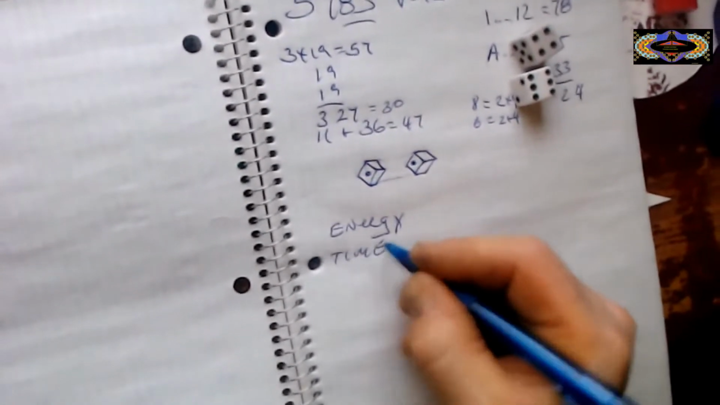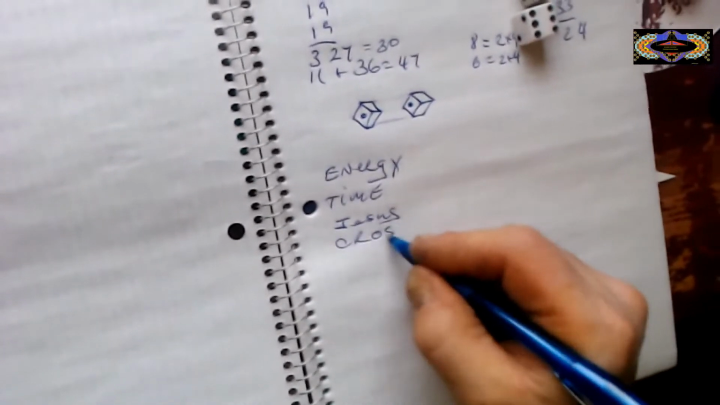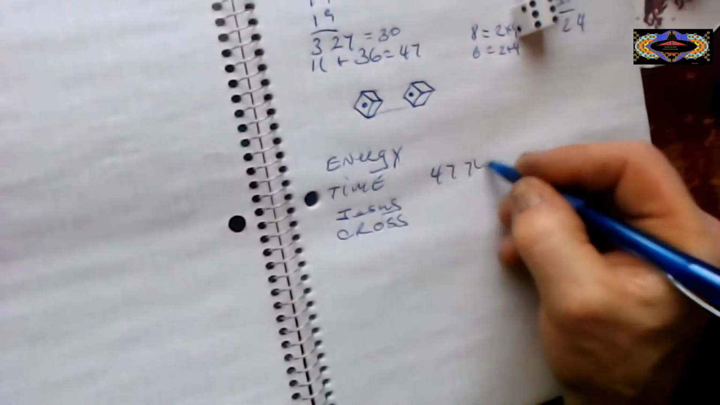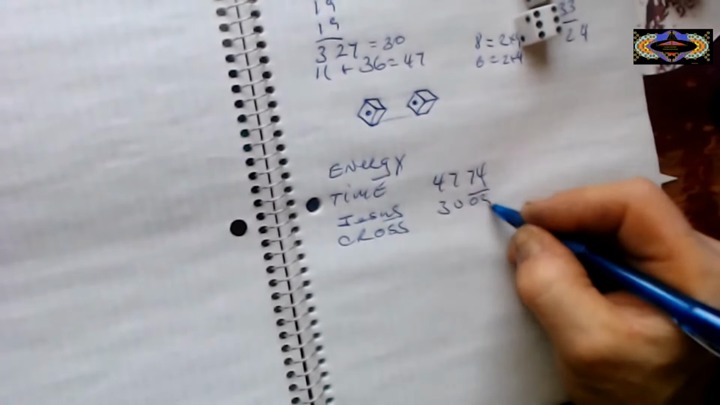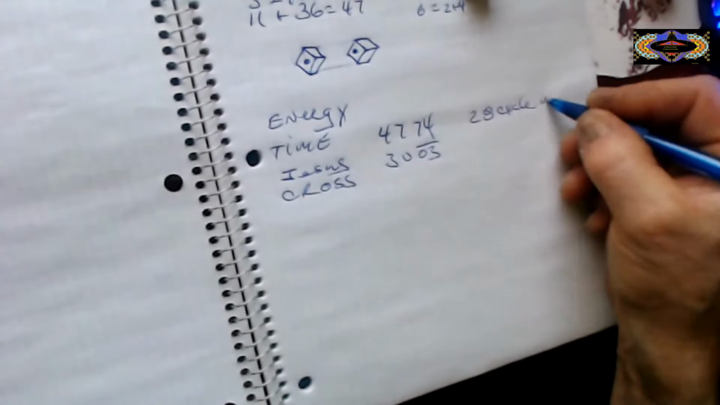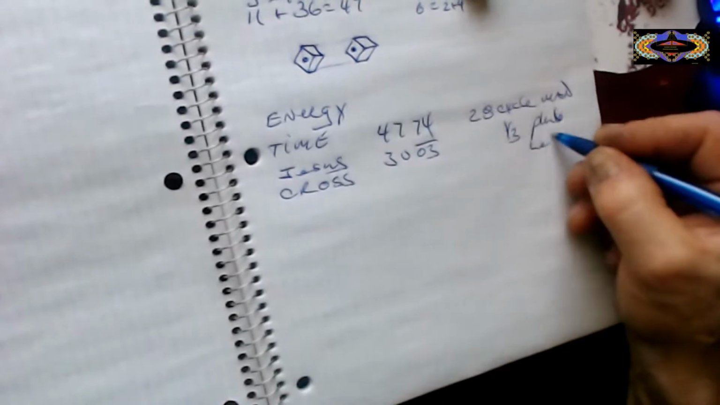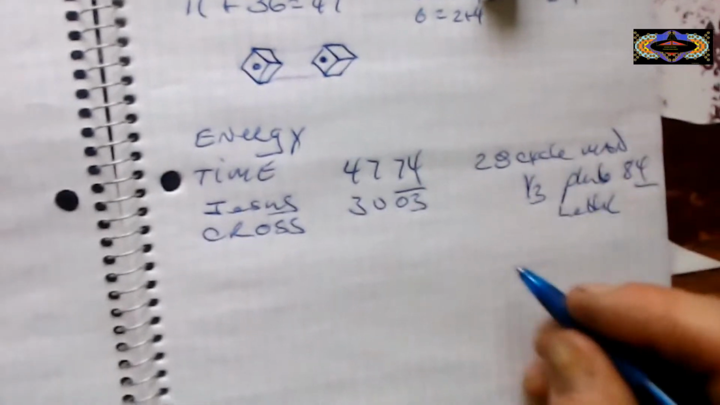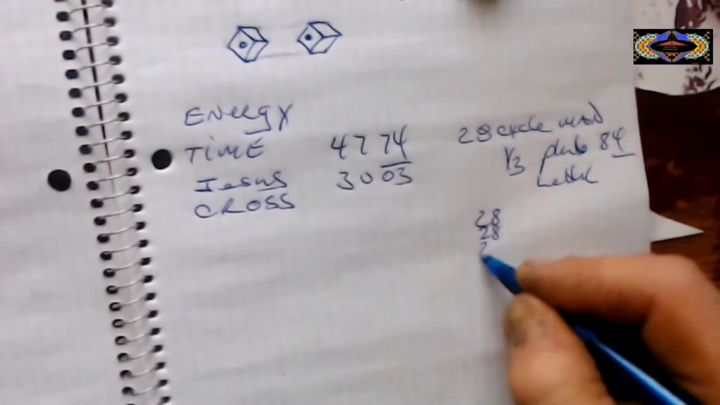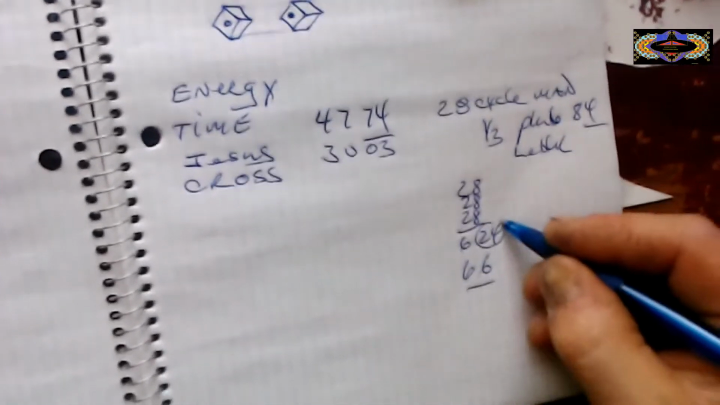And since energy, time, Jesus, and cross all equal to 4774, which is 3003 to the 7th gate, which equals to 28, the cycle of man, which is 1/3 of the letter value of Pluto, which is 84, 1/3 value. But if we want to see what the 1/3 value really is on base level, it's 24 and 6 or 66. It's at the dividing gates of a CAT, which is